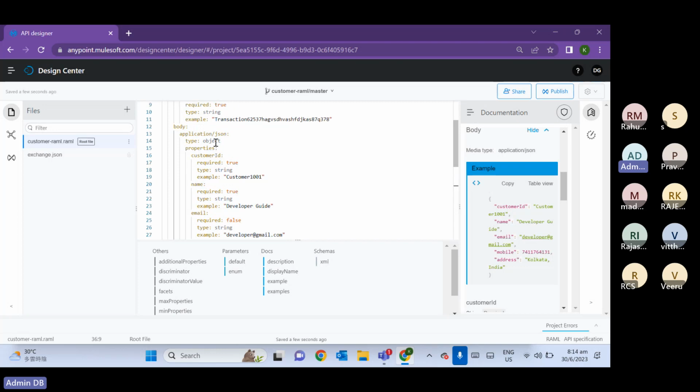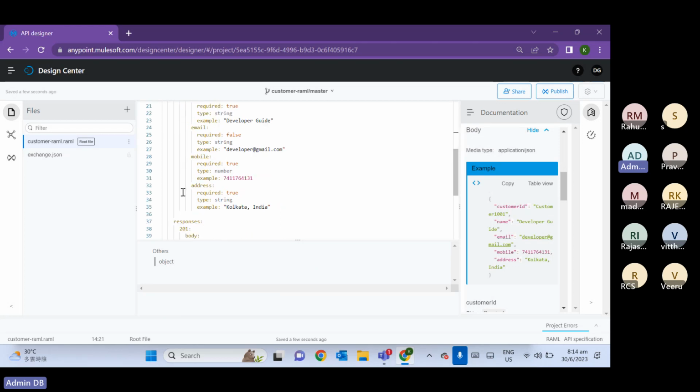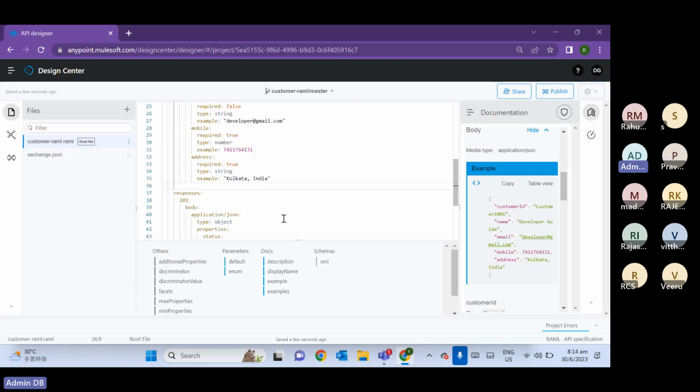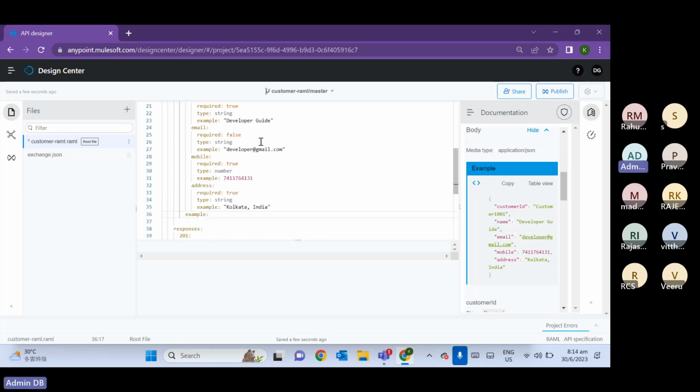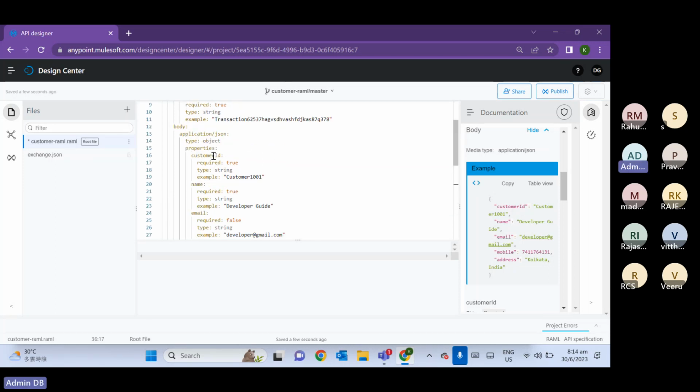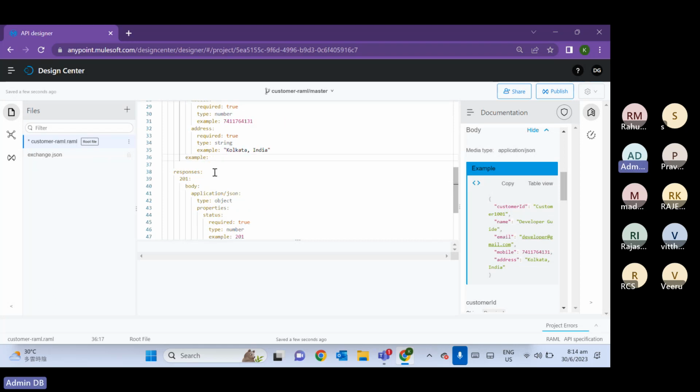But if you want, you can define example for this type also. So for this type, if you want to define an example, you need to define it at this place. So select the example. This object will have all these child elements. So what we need to do,